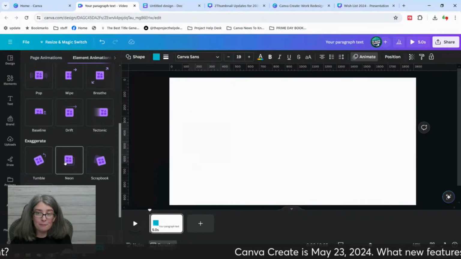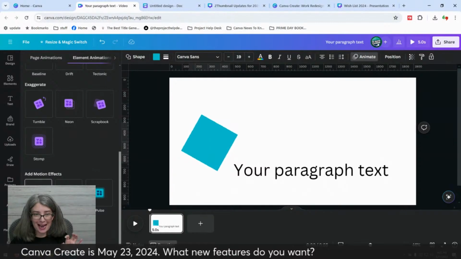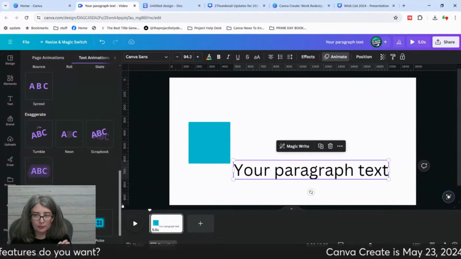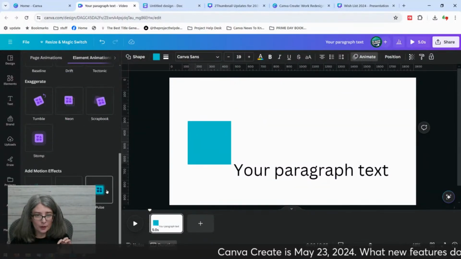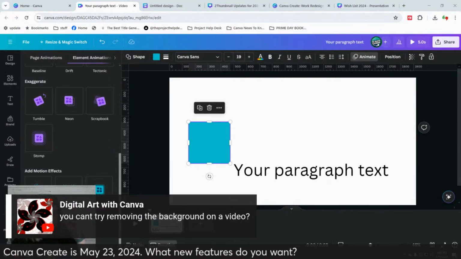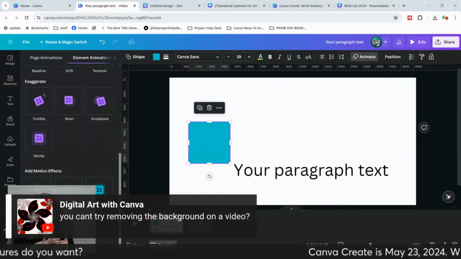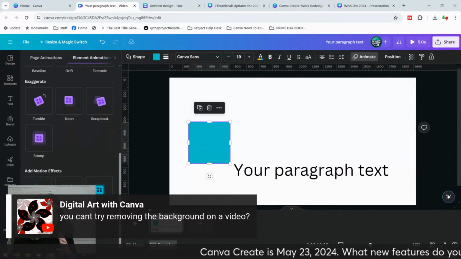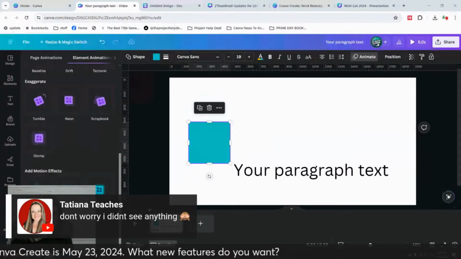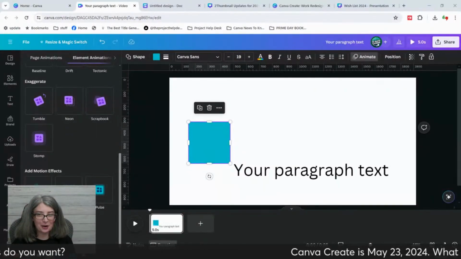There's so many animations that you can do. And there are even ones where you can add motion effects. And why are you continuing to stomp? There are motion effects that you can add. So you can remove a background on a video within Canva, but you can't download a video with a transparent background. So that's, well, you probably wouldn't know what to look for. I know what to look for.